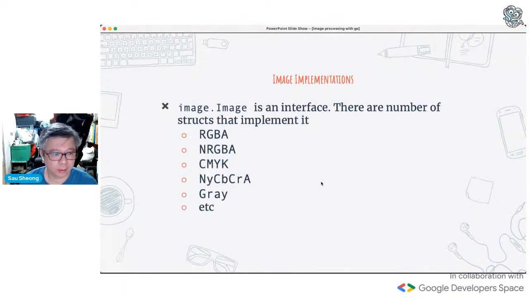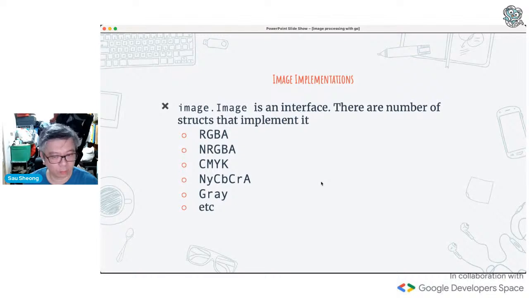As I said earlier, image is an interface, and there are a number of structs that implement it. These are just some examples. The one that I will be talking about most today, in fact the only one I'll be talking about today, is the NRGBA. This is the non-premultiplied image that I'm talking about.